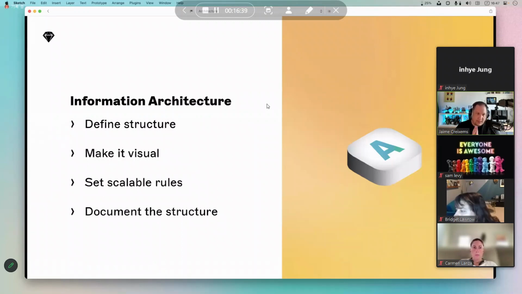So not only set rules, but set scalable rules. Make sure that those rules can evolve over time and can have a pattern, well, when this changes and when we have this other set of elements, right? This rule can be modified this and this other way, right? So for example, when you're creating color variables, make sure you have defined different shades, darker shades, lighter shades of that color, because then you might need to create a banner. And that banner, you need to have a dark background because you're going to use a light text color,